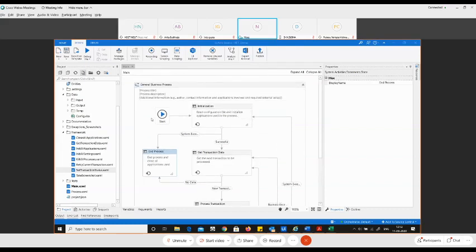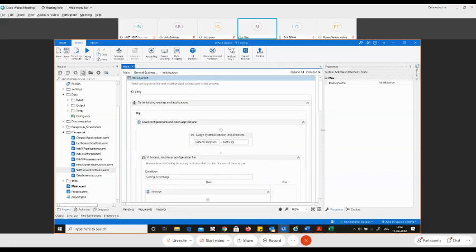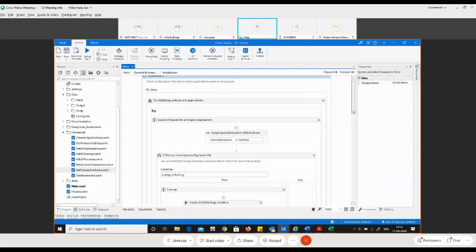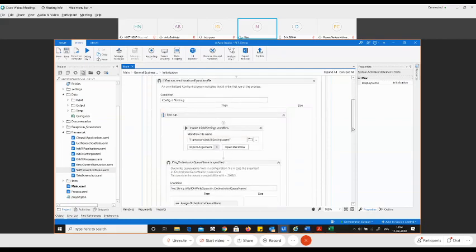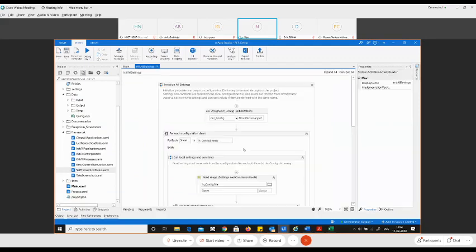You can see the RE framework is basically a state machine diagram, wherein the first state is the initialization state. In the initialization state, I'll go a little slow so that everybody can understand. The very first thing you are going to do is read the values from the Excel sheet, that is the configuration file. The configuration file is available inside the data folder.